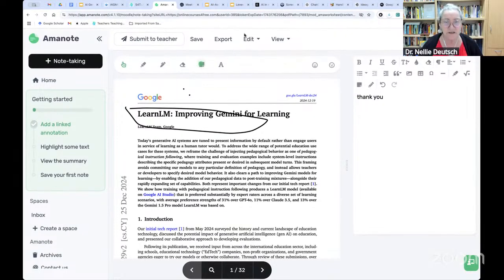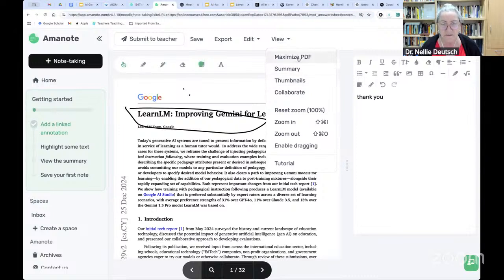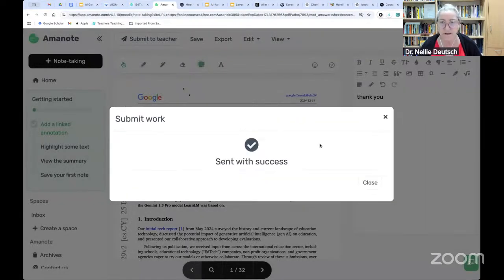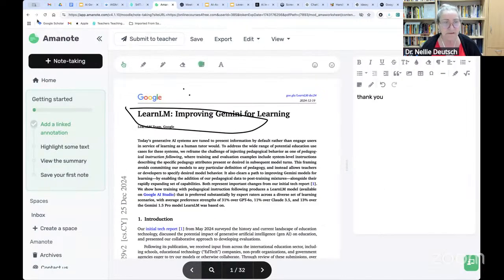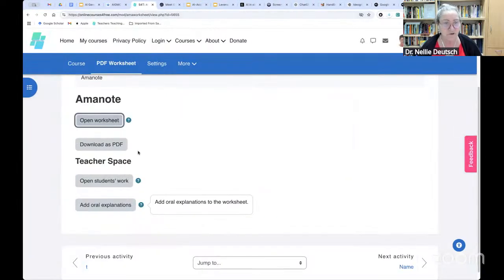But once they're finished, notice you can also go into view and you can maximize, summarize thumbnails, do all of this, zoom in, zoom out, and submit to teacher. That's what I wanted to show you. If they're in the course, okay, they'll be able to submit to teacher. Let me leave this. I've got a video on this if you're interested. I'm just going to leave and go back here. So hopefully